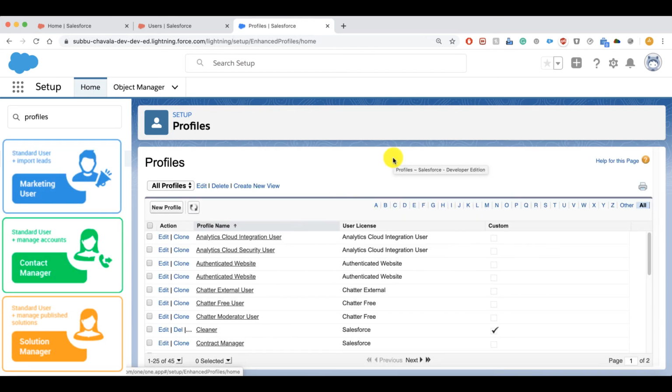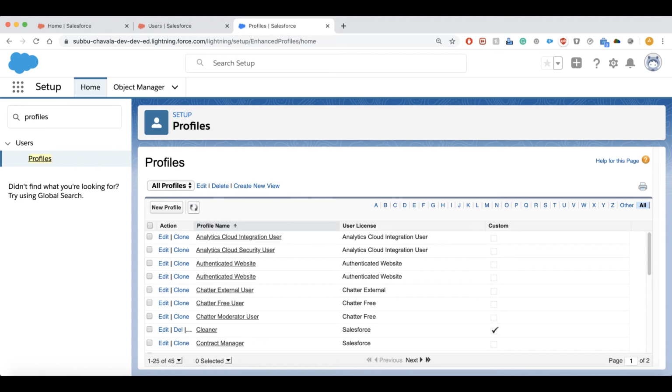The next profiles, marketing user, contract manager and solution manager. These profiles have different permissions including the permissions of standard user. What that means is, the marketing user has all the permissions the standard user profile has, including some additional permissions which are required by a marketing user, and the same way it goes with contract manager and solution manager. They have different access according to their profile and according to their job functionalities. Marketing user has some more access than standard, contract has some more access than marketing, and solutions has some more access than contract.